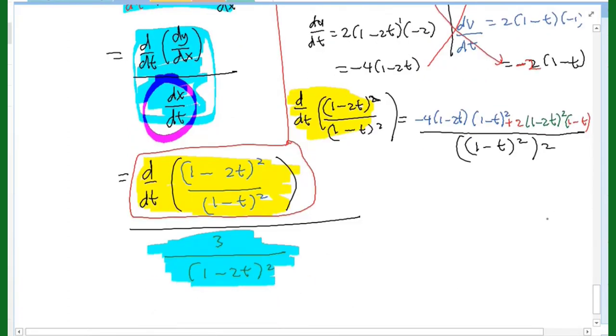Okay, and then simplify. To simplify, don't expand everything, or you'll get confused. Just check. This one, 4 and 2, take out the factor 2. This one is 1 minus 2t, so also 1 minus 2t, factorize 1 minus 2t. And this one is 1 minus t, factorize 1 minus t. That settles our work. So negative 4 taken out, 1 minus 2t power 1, 1 minus t power 1, and what's left